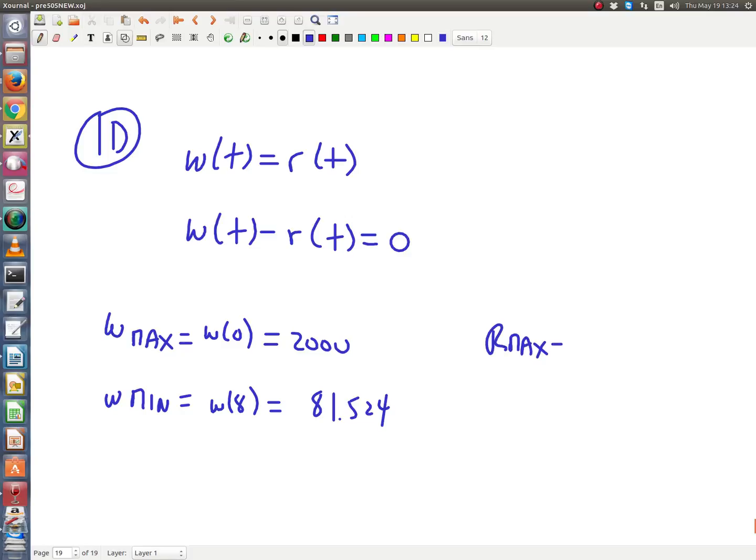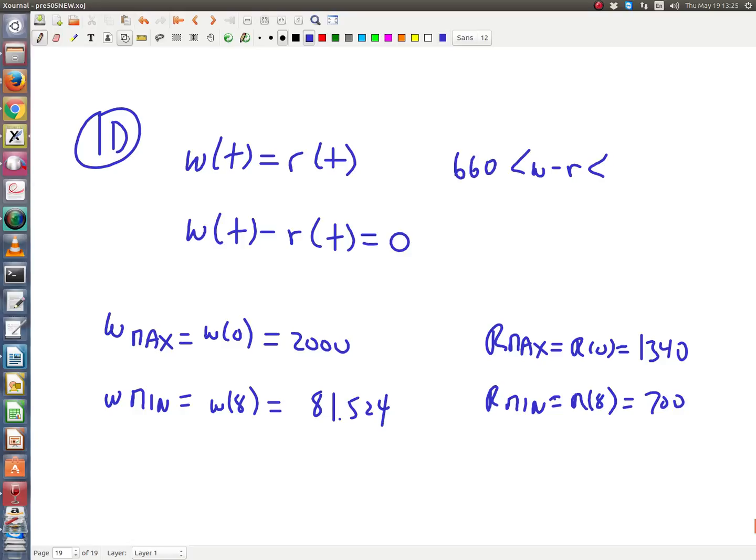Now, R max was R of 0 from the table. R of 0 is 1340. And R min on the table was R of 8, which is 700. So what's the maximum value of W minus R? In other words, W minus R has got to be between W max minus R max, which is 2,000 minus 1340, which is 660,